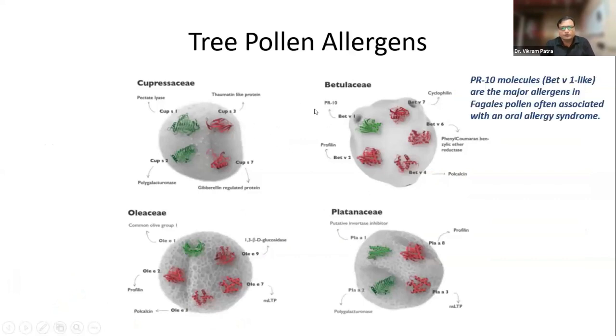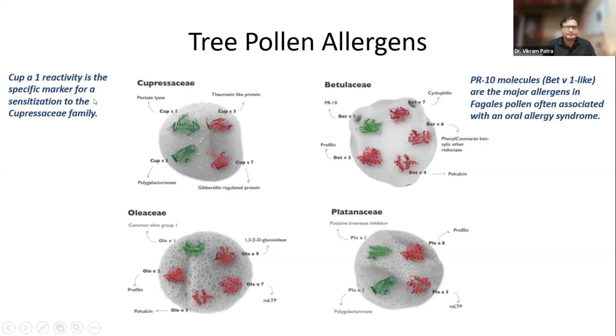The major four are the Betulaceae, the Platanaceae, Oleaceae, and the Cupressaceae, from these different groups. So this is the Fagales. Here we can see there are different components in the Betulaceae group. The green one is the molecular marker or the signature molecule, and the others are cross-reactive. When it comes to Betulaceae tree allergens, PR10 is the major allergen. So this is Bet v 1, which is the major allergen, and Fagales pollen is often associated with oral allergy syndrome, as we discussed earlier. Then in the Cupressaceae,